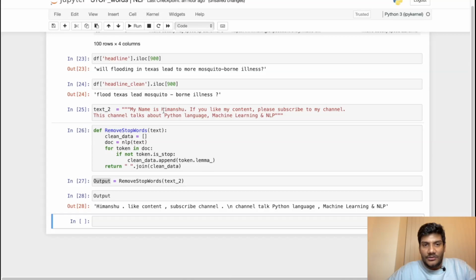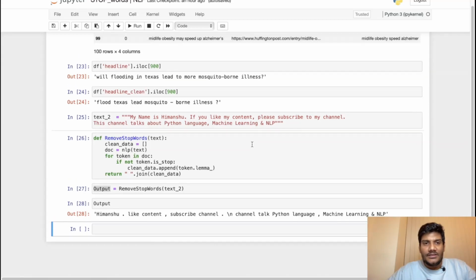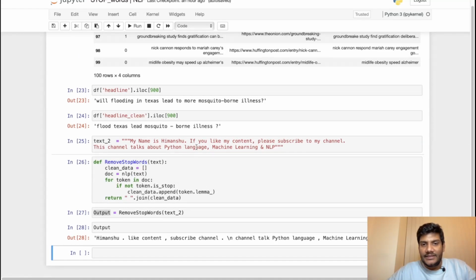So "my name is Himanshu" was there initially, but now "my name is" is removed and we are only left with Himanshu, right? Then "if you my", all this is removed and "like content" is left. Now this is a new line character, and then this one is removed with all the stop words. So this is a simple example wherein I have taken a text and then I have removed the stop words using my customized function that I have created, which performs the tokenization, and then picking up the words from that document, it removes the